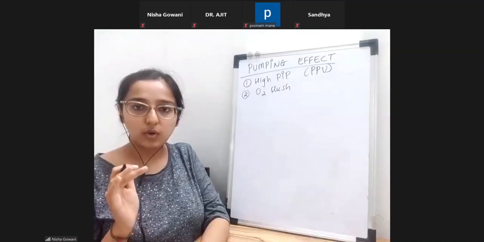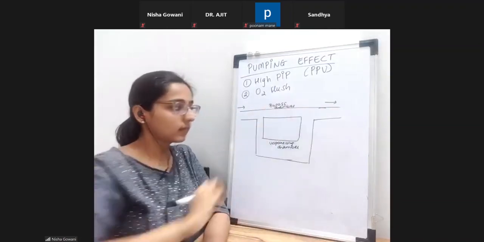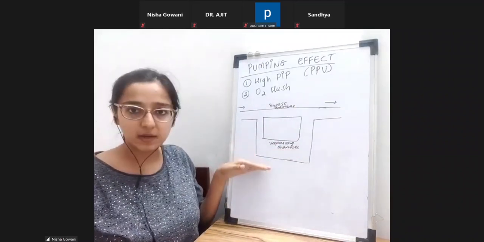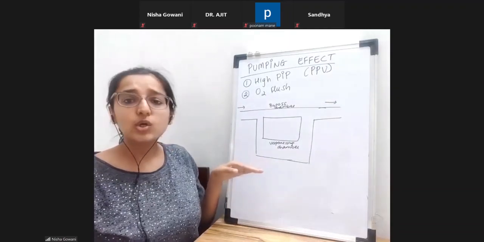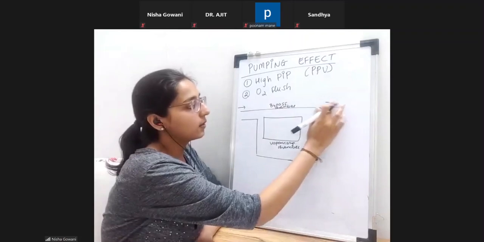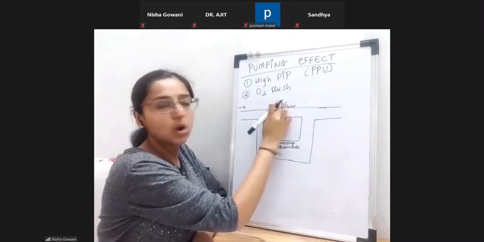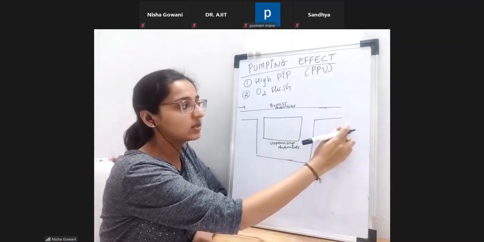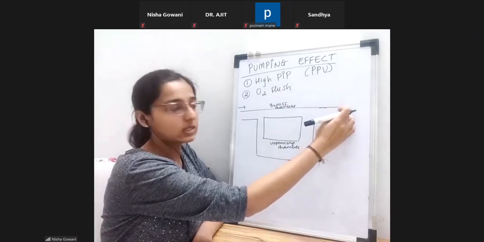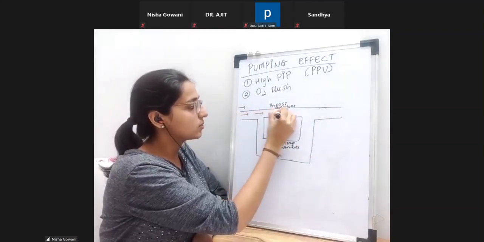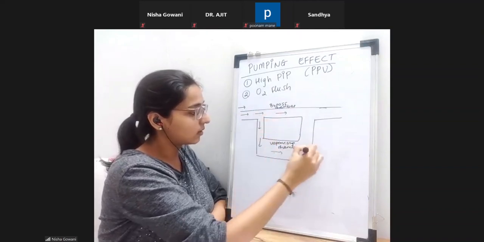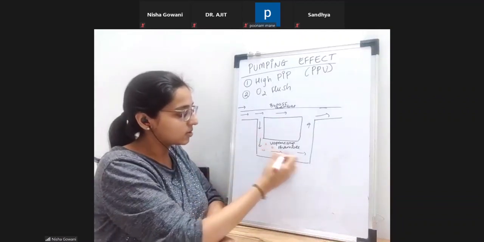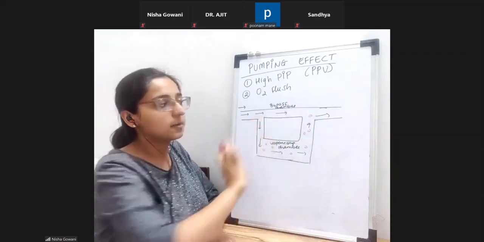Now I will draw the vaporizer in a very simple way. Just understand with me, what I showed you previously, this is a very simple image of that. So the pumping effect occurs when positive pressure ventilation or oxygen flush is used, right? All of a sudden the pressure at the outlet of the vaporizer, the resistance, is increased. So normally we have incoming fresh gas, which comes like this, right? And the fresh gas picks up the vapors over here, joins the gas from the bypass and leaves the vaporizer.